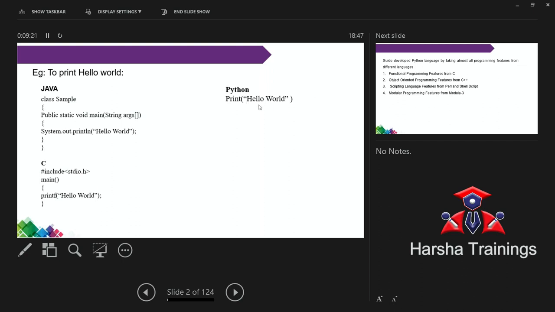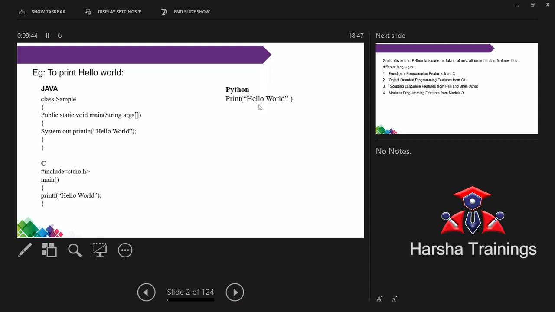But finally, in Python, simply by writing the statement print hello world, the hello world is printed. Observe the difference among these three. The only difference is the use of Python: it reduces the number of lines and the number of syntax statements to remember.